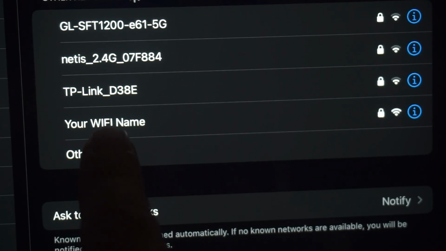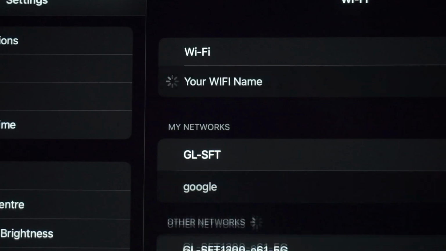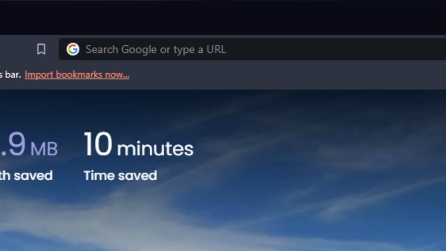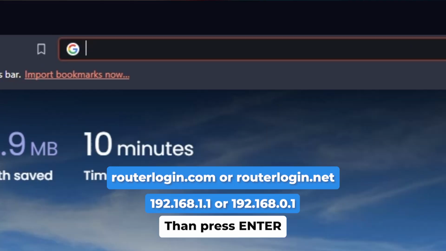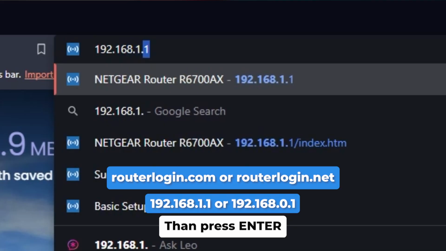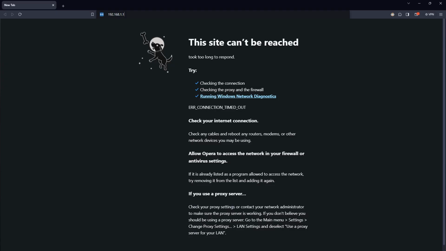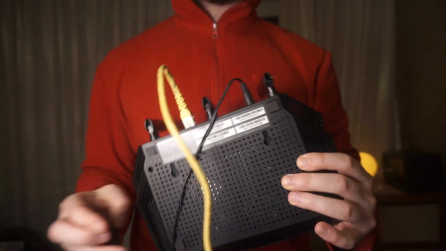First, connect to your Wi-Fi network. Or skip this step if you have a wired connection between your router and computer. Open a web browser and go to the address you see on the screen. And press enter. If none of these addresses worked, then find the address printed on a label on the back